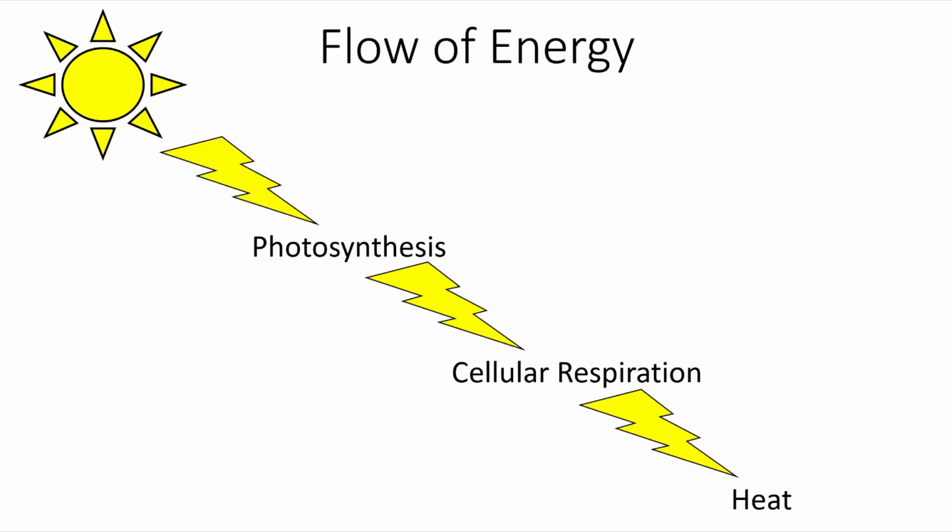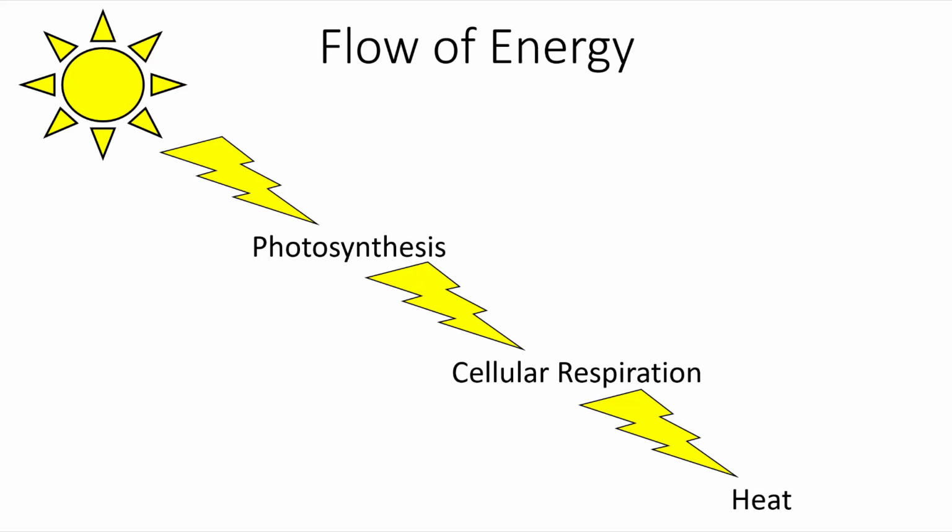Yet even though the same atoms are used over and over and over again, and there's a cycling of matter, there's what's called a flow of energy. The energy only moves in one direction, even if the atoms move around again and again in a cycle. The energy comes from the sun, and through the process of photosynthesis, that solar energy is converted into chemical energy in the form of sugars. During cellular respiration, that chemical energy is released and allowed to power activity within the cells, and ultimately, that energy is going to be released as heat.